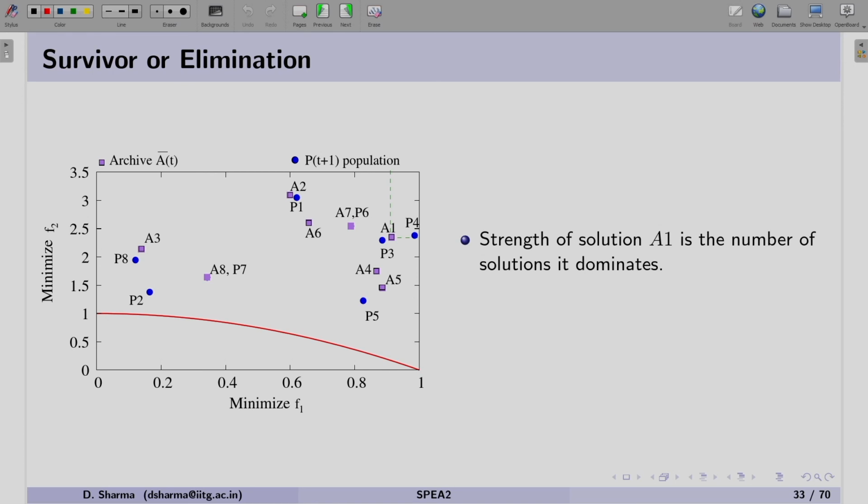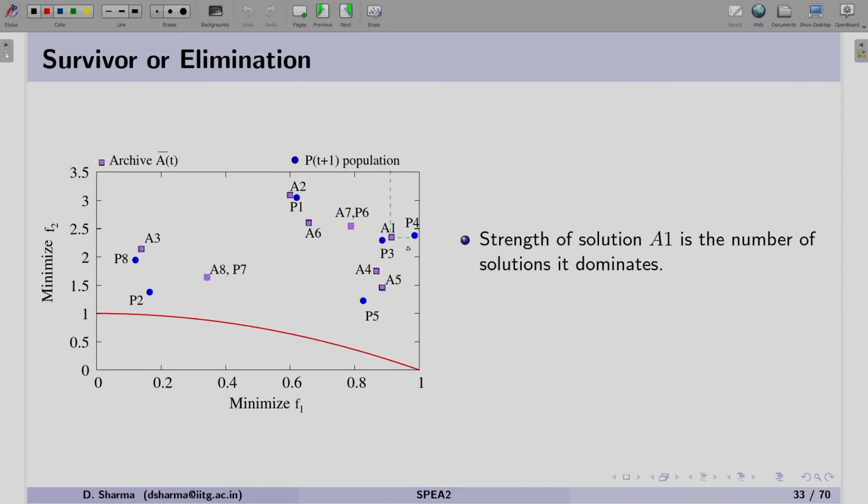Now, we know that if we want to assign a fitness to any solution in the combined population, we first have to calculate the strength of a solution. As an example, I have taken a few solutions to understand how we can calculate the strength, followed by the raw fitness.